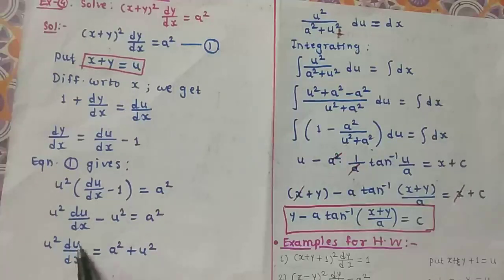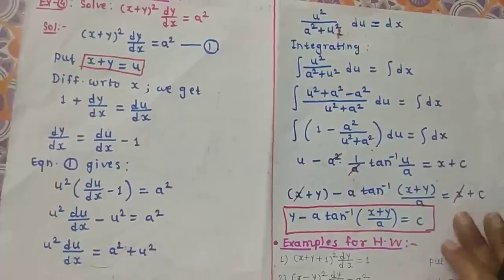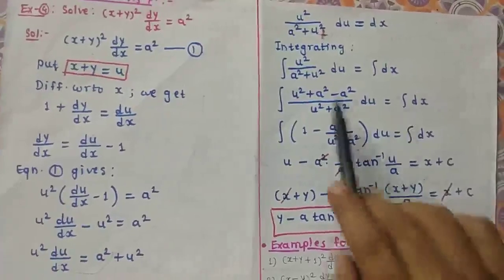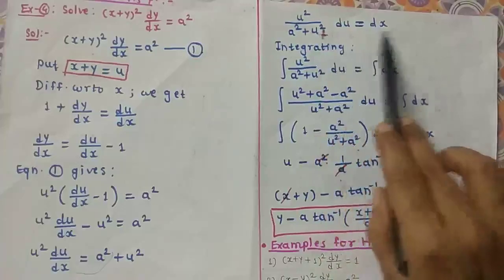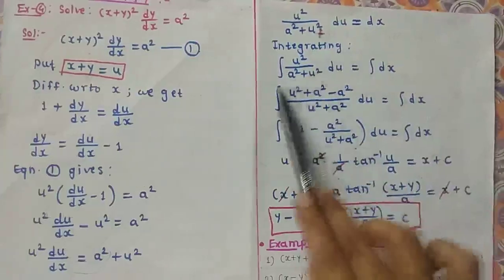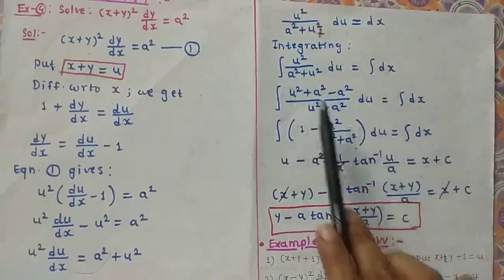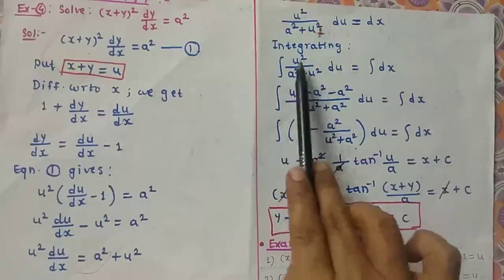So here is the du. So we have to shift all terms of u towards du. So we shift this a square plus u square towards the left side, and we shift this dx towards the right side, and hence this equation can be written as u square upon (a square plus u square) du equals dx. Now on integrating,